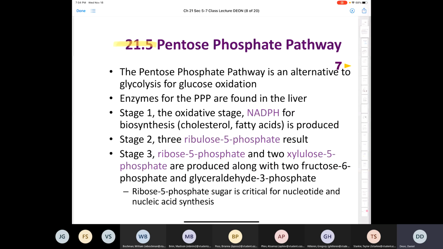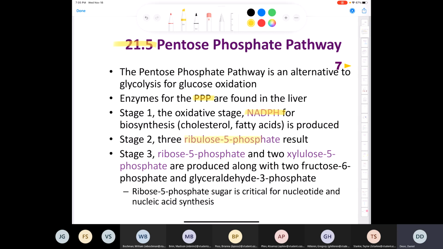Now, you might be wondering, why would I need another pathway? Well, there's a good reason for this. The reason why you need to have a second pathway is because of the intermediates that are produced along the way. When we do glycolysis, we have some intermediates. We looked at all those intermediates, but if we need NADPH, for example, which is a coenzyme that's used in biosynthesis of things like cholesterol and fatty acids, well, if we need that molecule, that's going to be produced in the pentose phosphate pathway. Also, in the second stage of the pentose phosphate pathway, which again is just another pathway for the catabolism of glucose, we end up producing